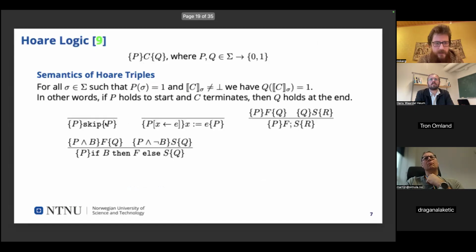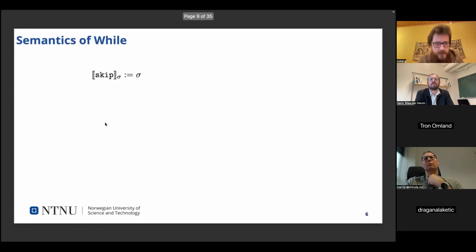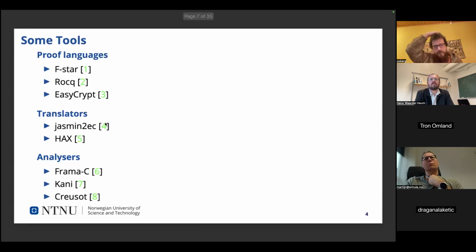And going back to this slide, one of the things that you can do with some more purpose-driven programming languages that you can't do if you tack on something to C or tack on something to Rust is with constant time, for example, because these compilers are not built to preserve constant time properties.